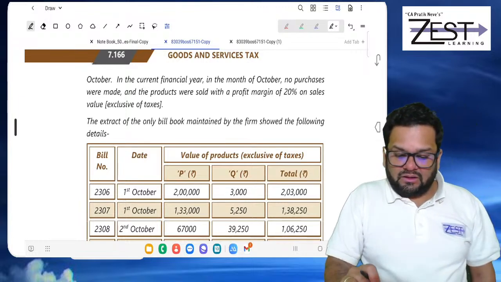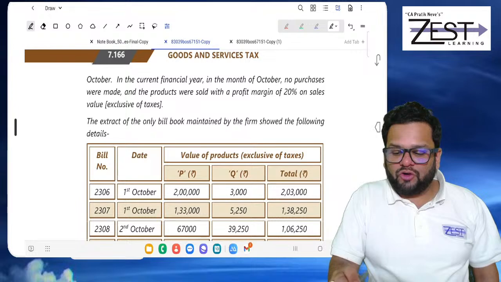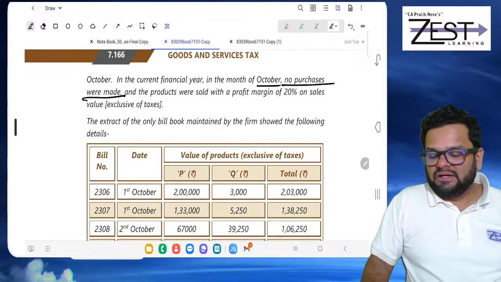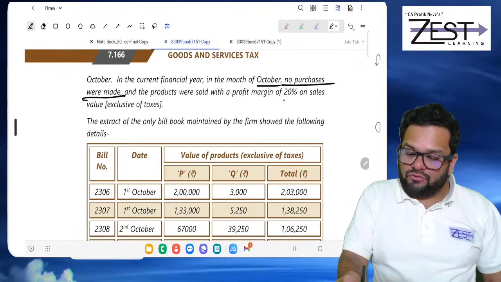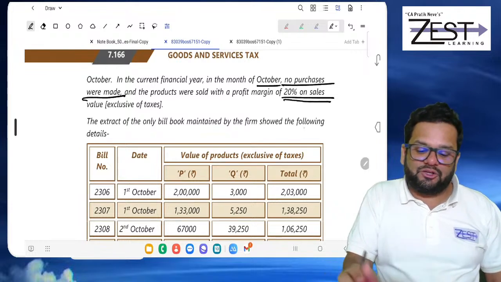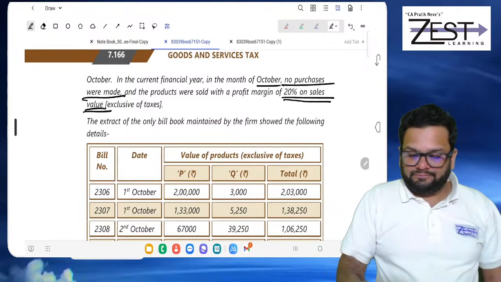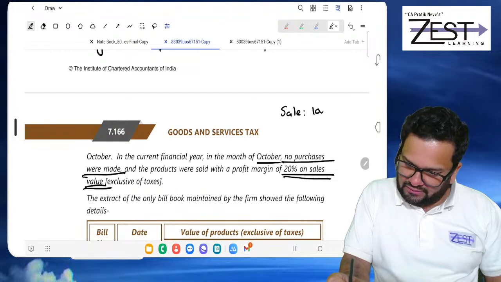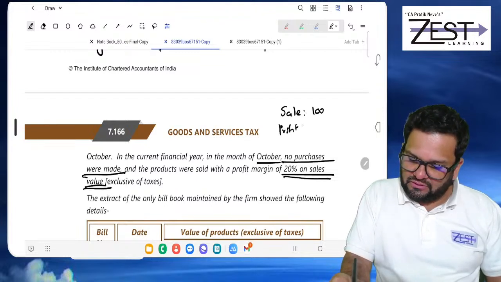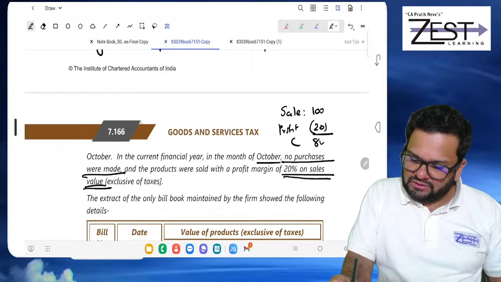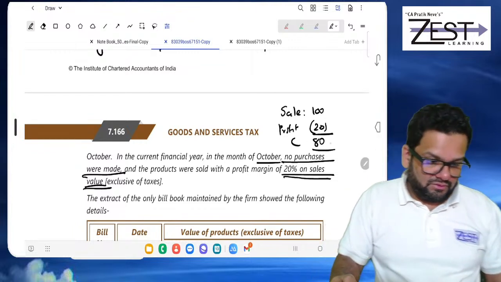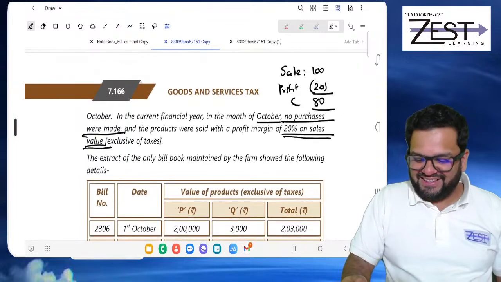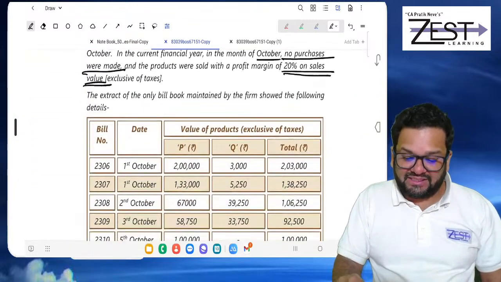Okay, in the current FY, in the month of October, no purchases were made, and products were sold with a margin of 20% on sales value. So if the sale value is 100, then profit is 20 and cost is 80. Do you understand? The extract